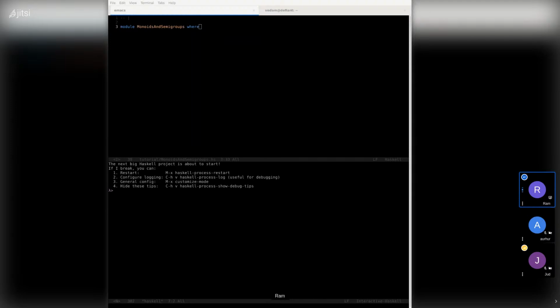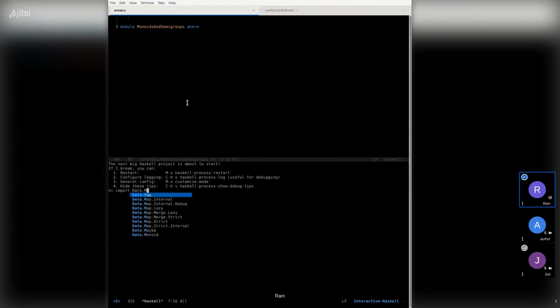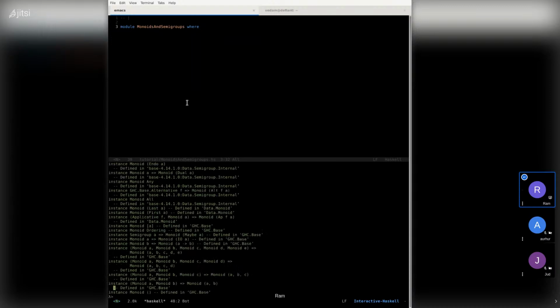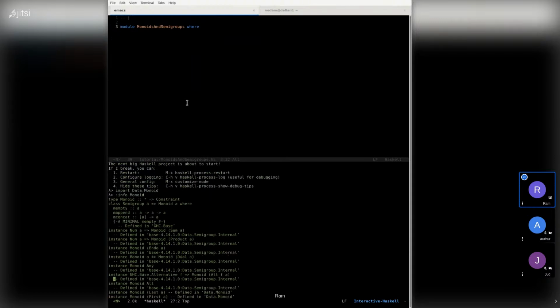Both of these are available if you simply go into the REPL and import Data.Monoid. We do an :info on Monoid, and you can see that the monoid is defined as such.